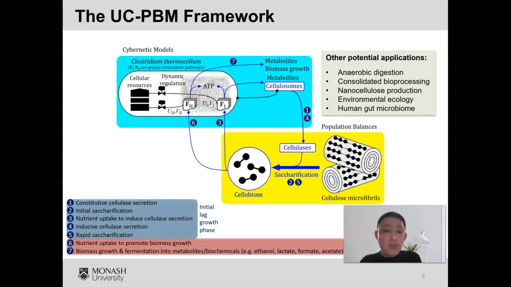So we actually try to model this particle explicitly, and then we use the cybernetic modeling approach, cybernetic models, which is shown here in green. We use that model to actually model how the microbes excrete the cellulase, the enzymes that can break down cellulose polymers into simple sugar, right? So we model how the microbe regulates its own metabolism in order to decide to excrete this enzyme to break down the simple sugar, and at the same time also has to balance its own growth